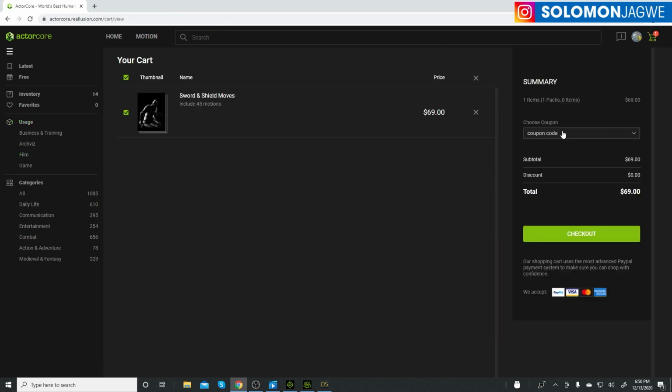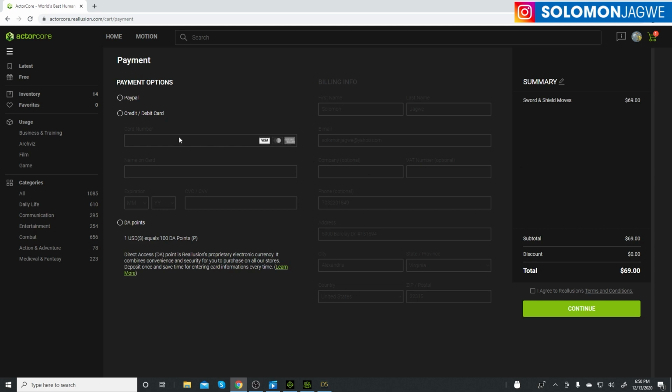And if you have a coupon, you can go ahead and use that. There's no coupon, but I'm ready to check out, so I'm going to be using my points. I'm going to click on checkout, and I don't want to use PayPal. You can use PayPal or your credit card, but I also have DA points. It tells you that $1 equals 100 DA points. So if it's $69, let's round off to 70 times 100. That's about